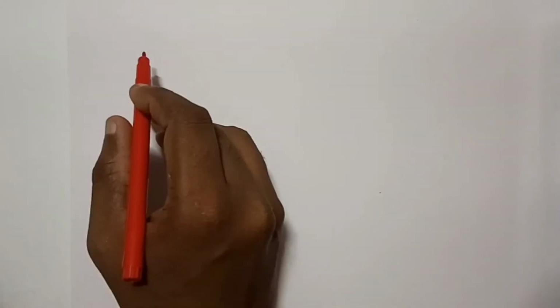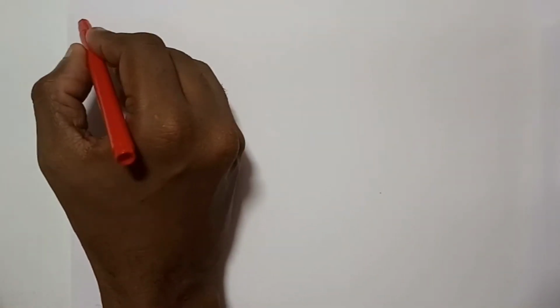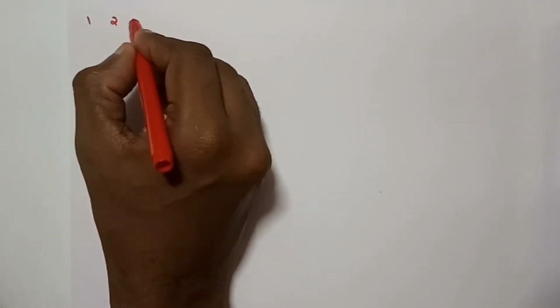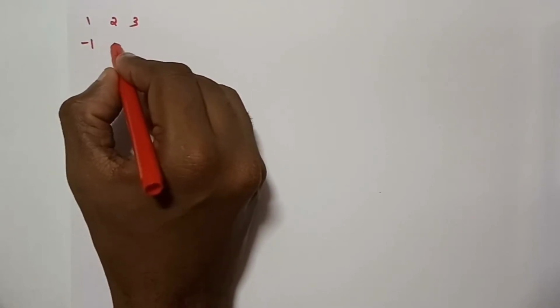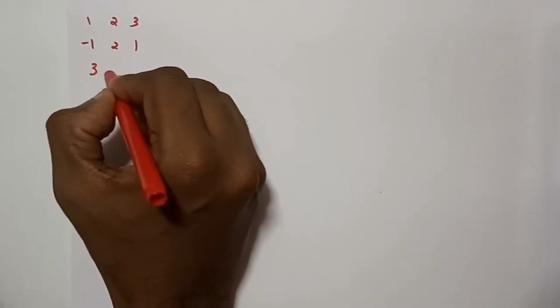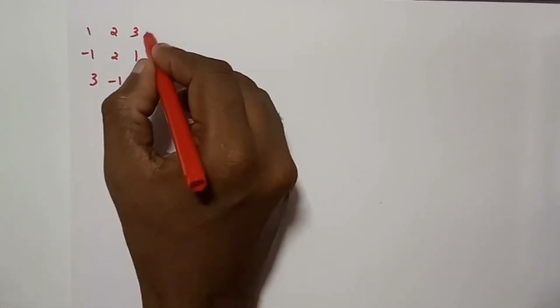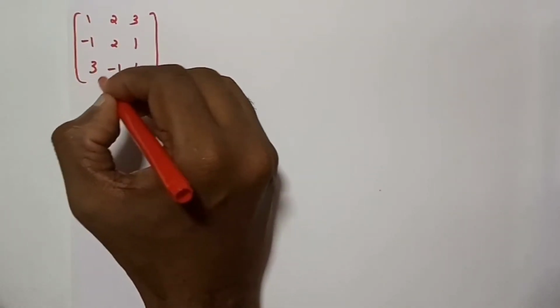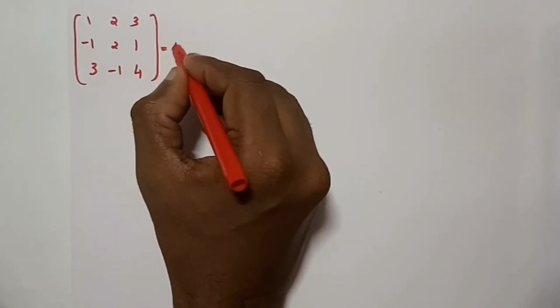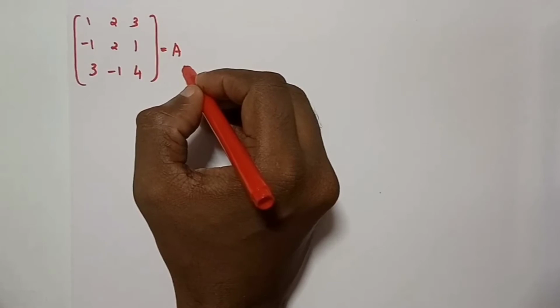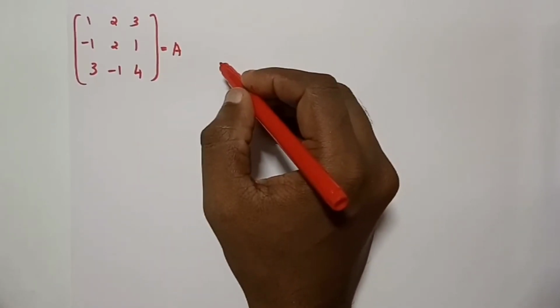So today we are going to discuss how to find the adjoint of a matrix in a much simpler and faster way. Let me write down a matrix first, and we'll see how to find the adjoint of that particular matrix in a simpler manner. Okay, so we'll take a matrix over here. Let us take it as matrix A. Now we need to find the adjoint of this matrix.